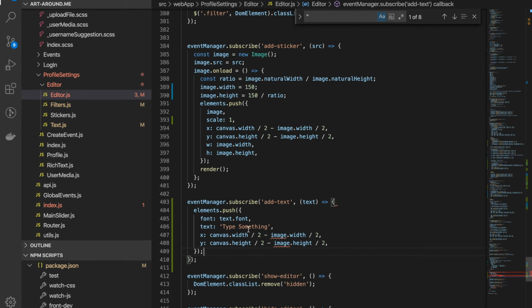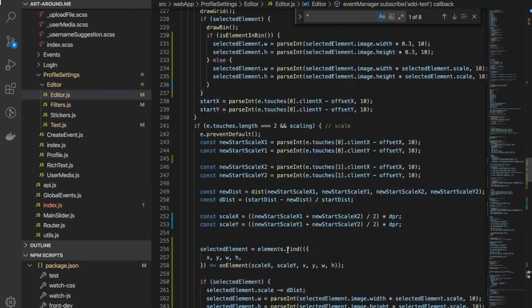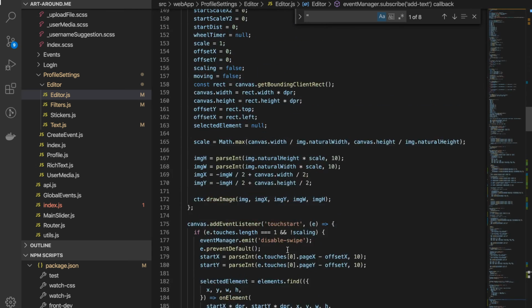Now, the question is, how do we know the size of the text? First things first. Second thing, inside of render elements,